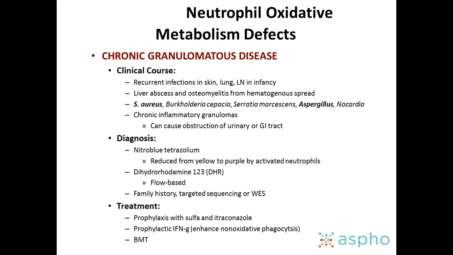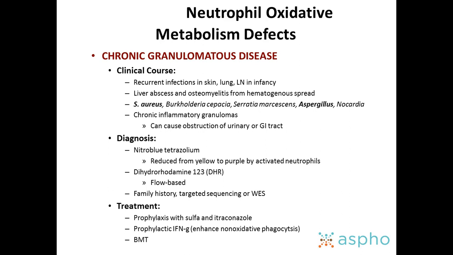And then there are different kinds of tests. In the old days, we did the nitroblue tetrazolium, which figured out if you had enough acid to turn yellow to purple from activated neutrophils. Now we typically use the flow-based dihydrorhodamine 1,2,3 assay that I just showed you, and I wouldn't be surprised if you see that assay on your test. So, Google a few examples or ask your lab to show you, because I think it's important to be able to interpret those. And then family history. Remember, your mom's uncle always had these boils. That's the answer. And then you can also do targeted sequencing or whole exome sequencing, which seems to be becoming more routine.